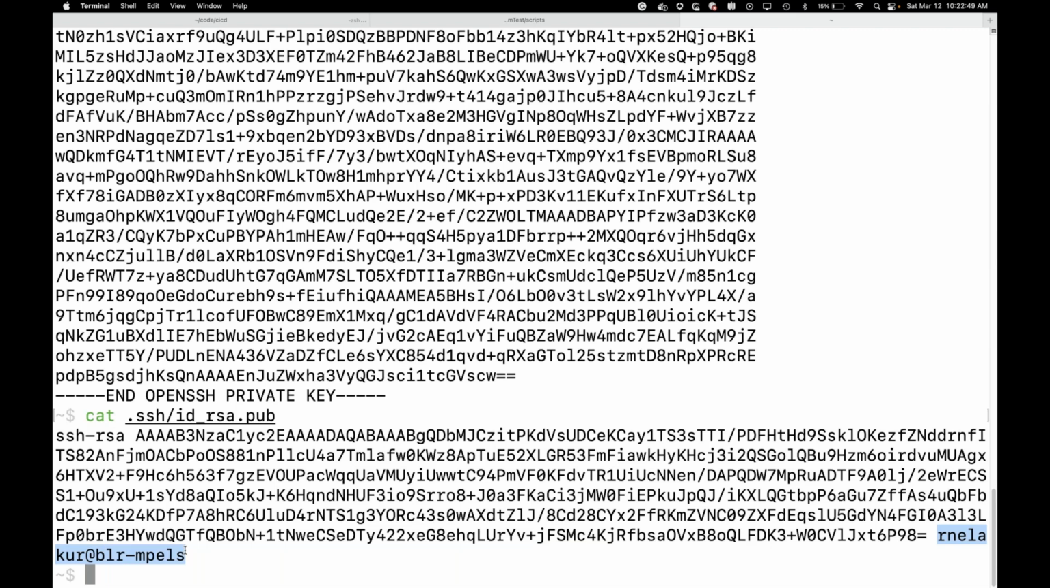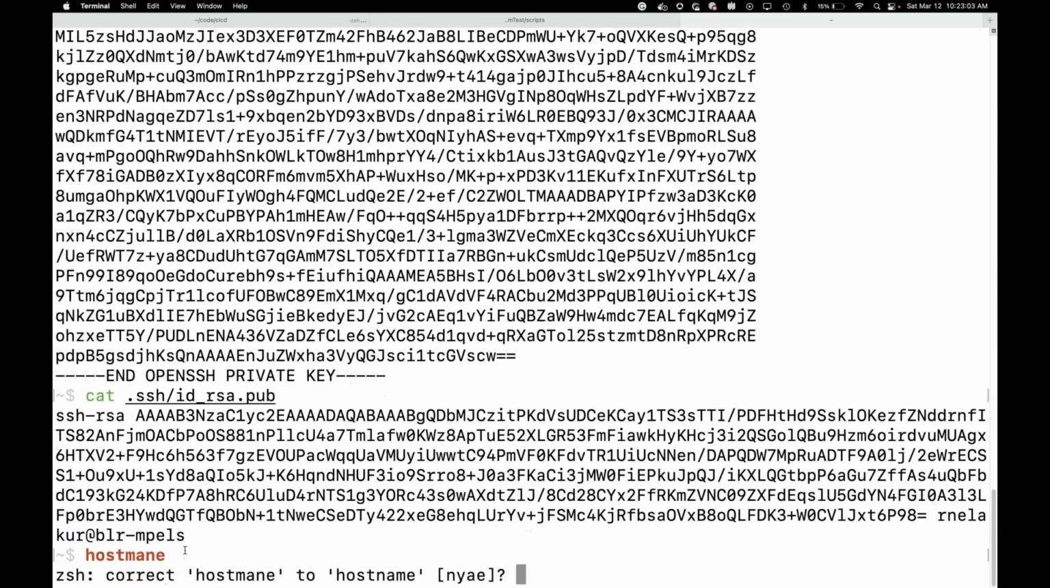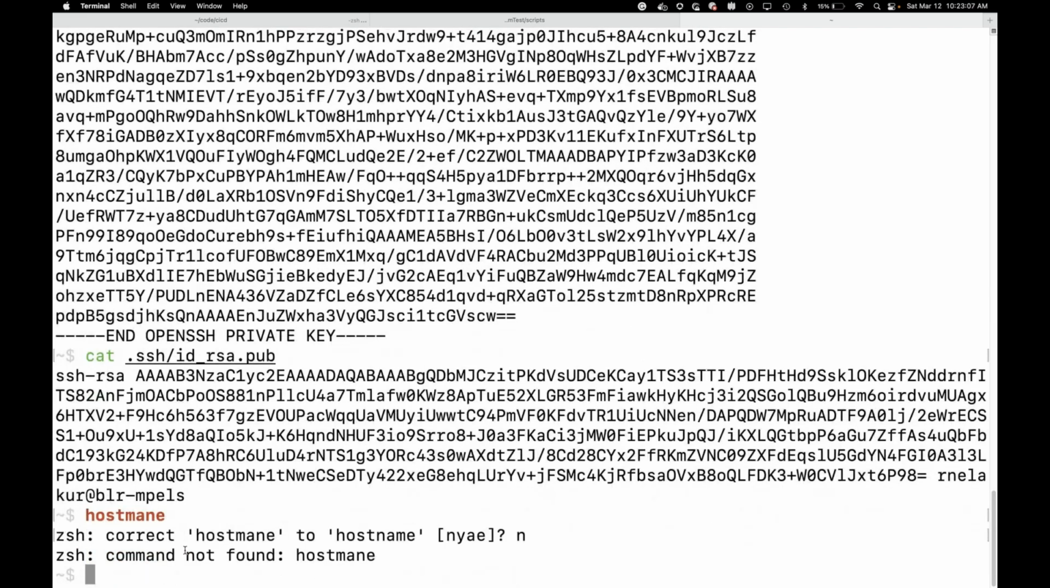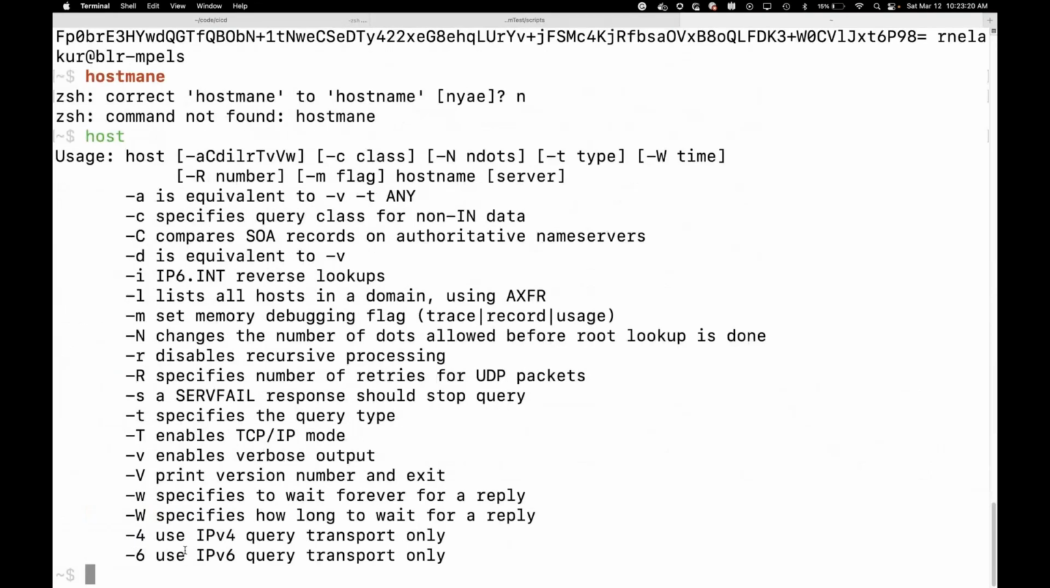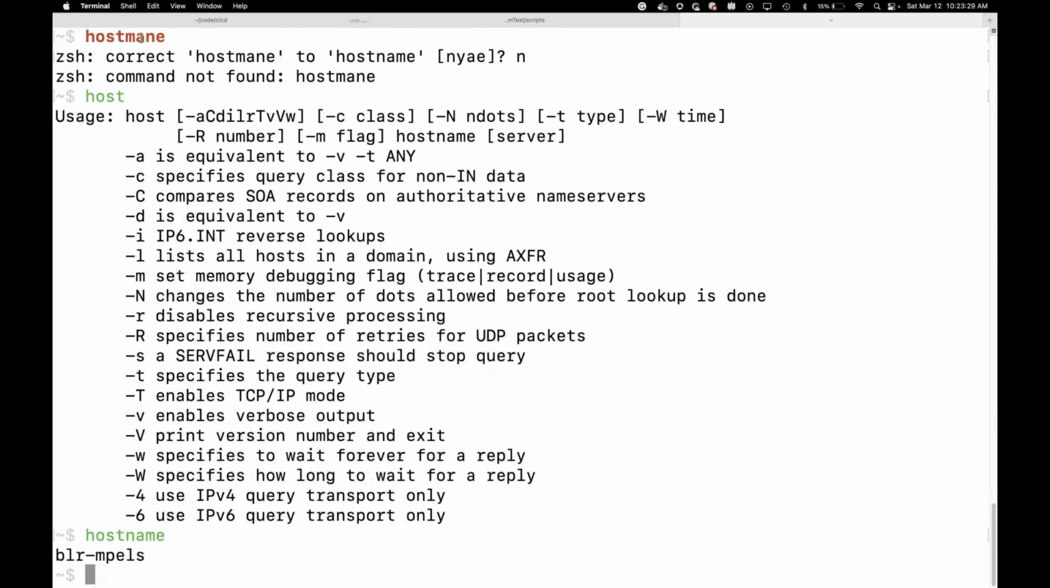Host name is something that we can get directly with the hostname command. So for you it will work from Git Bash. Maybe for a Mac there will be a different command. Yeah, okay, sorry, I spelled it wrong. So I can see my host name, blrmpels,